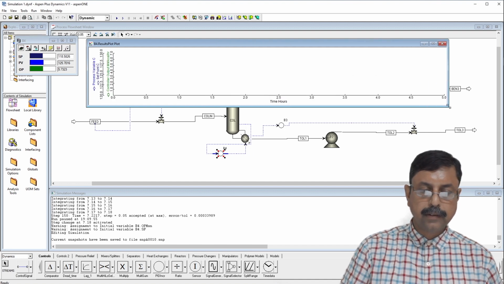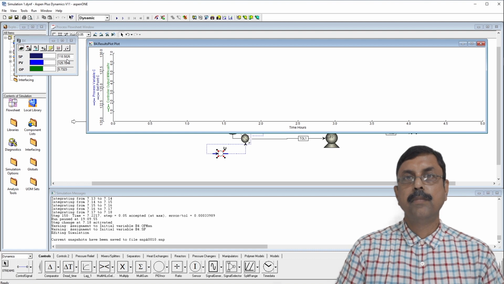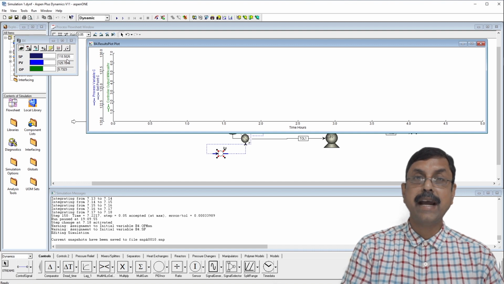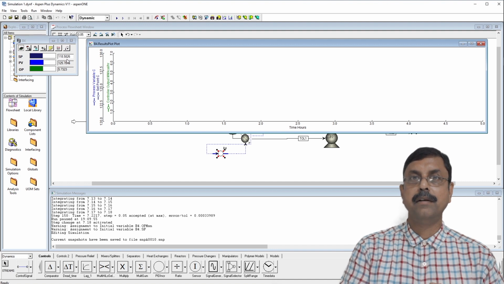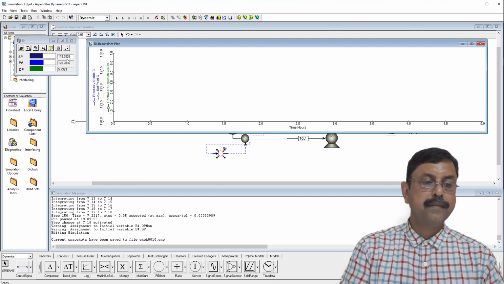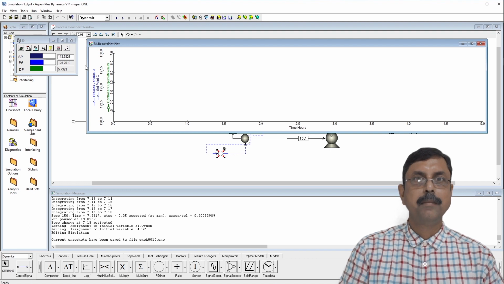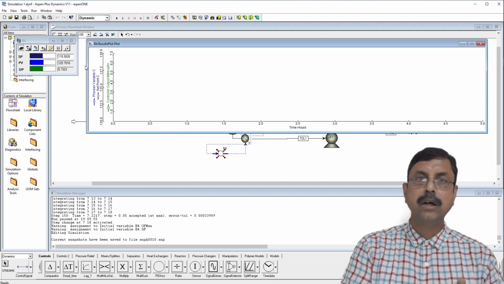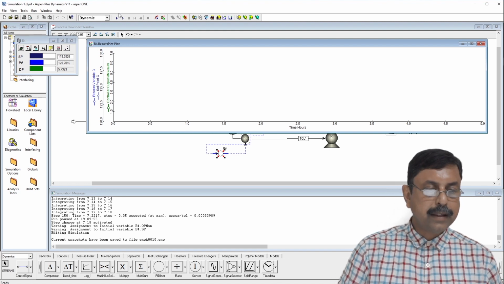So let us run the simulation, and set point we have changed to 118 because that was the original value of set point. We have done the step change because we had to get the step change data in order to tune the controller parameter. That is the reason we have changed it from 118.58 to 125.70. That is 1% change. But right now it is reverted to the original set point, that is 118.5826. So let us run the dynamic simulation